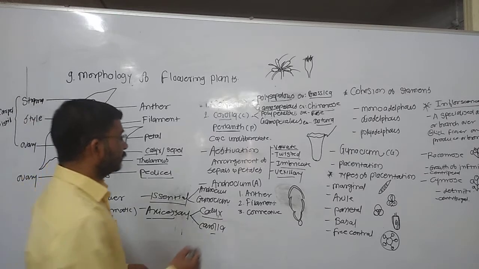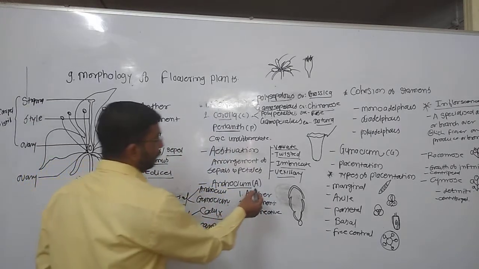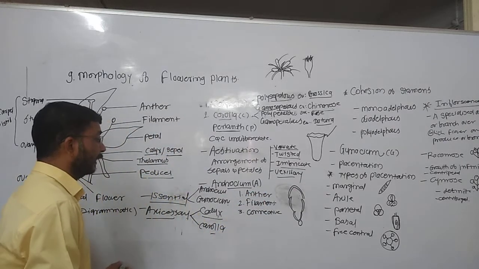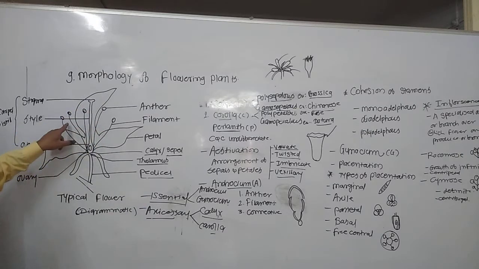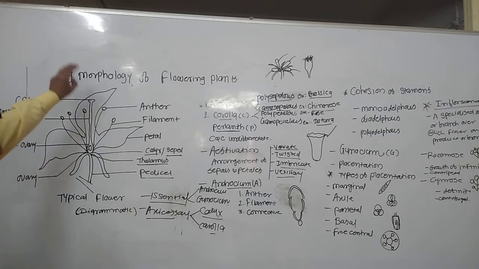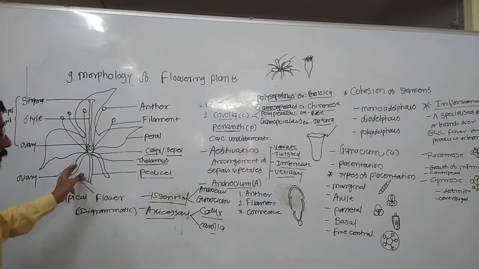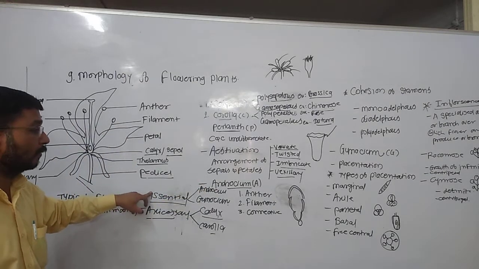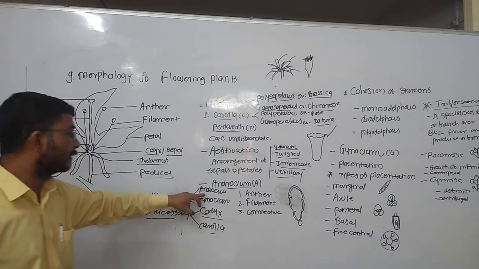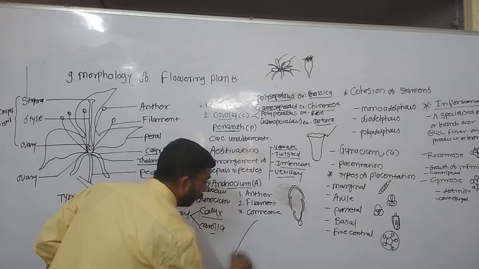Okay, then androecium. Androecium is represented by A. This is the androecium. It directly takes part in the reproduction process, that's why we call them the essential whorls. The essential whorls are androecium and gynoecium. This androecium has